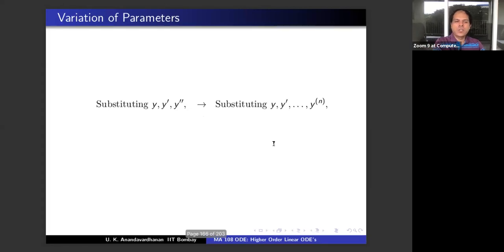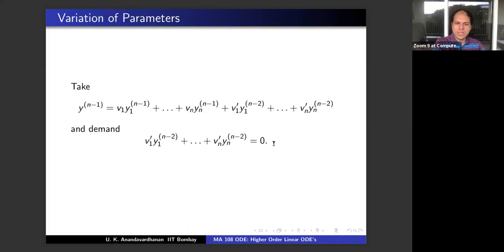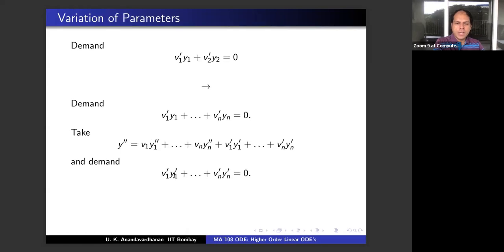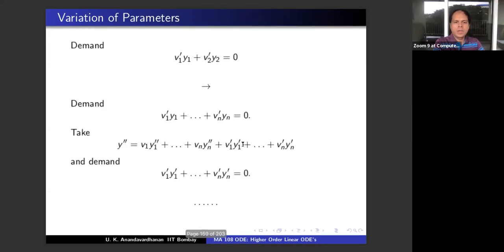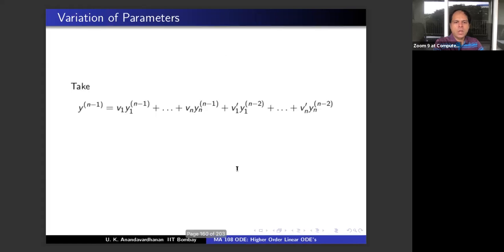Up to now, you have understood, no? This is what we are doing. So you have got a system of many equations, right? In V1 prime, you got with y1 prime, etc. to be 0. And after many steps, you have got with n minus 2, etc. to be 0. And when you substitute and rearrange, you will get one more equation. What will be that equation? When you substitute and rearrange, what will be the equation?